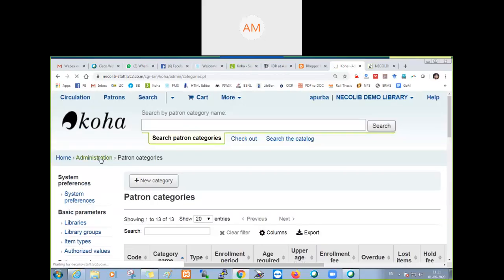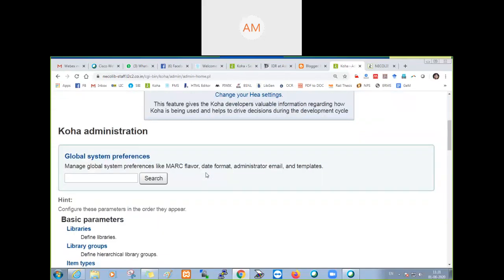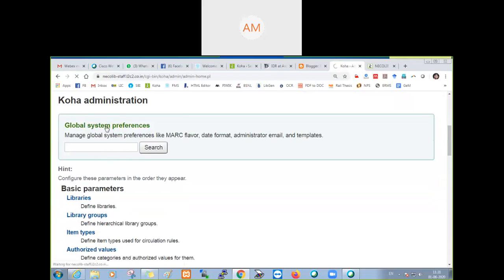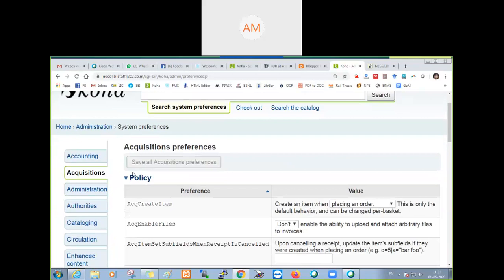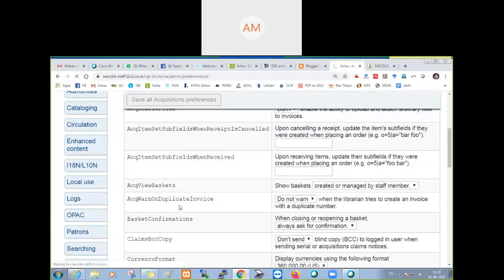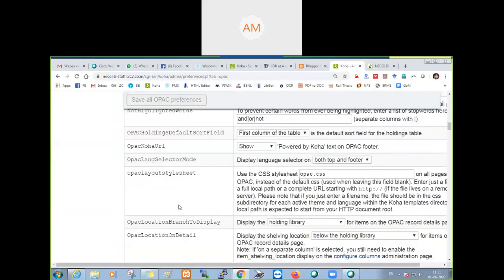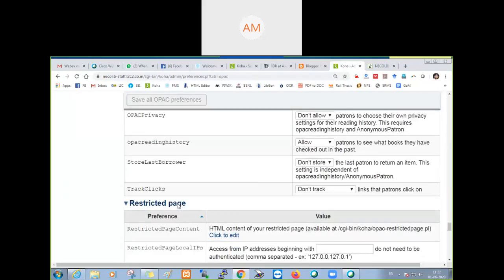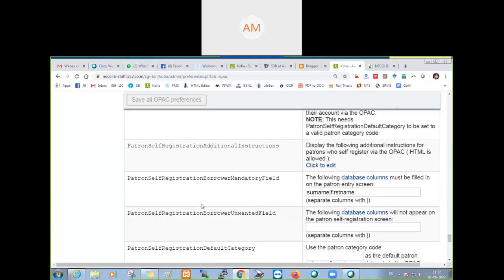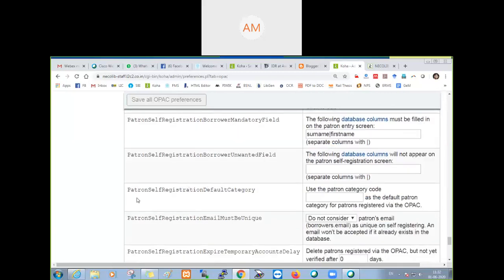Again, I am going to administration, global system preferences, OPAC, OPAC self registration, and this is the patron self registration default category.